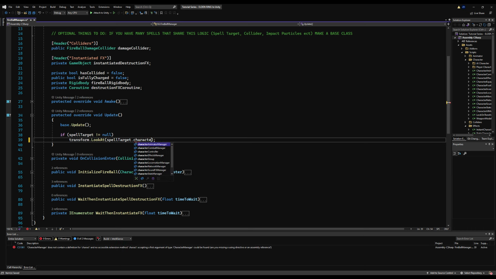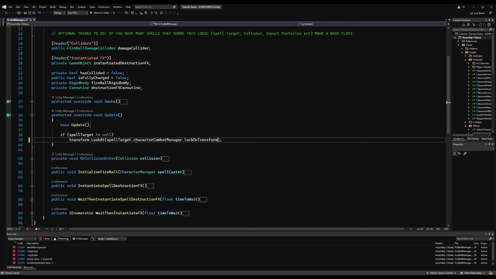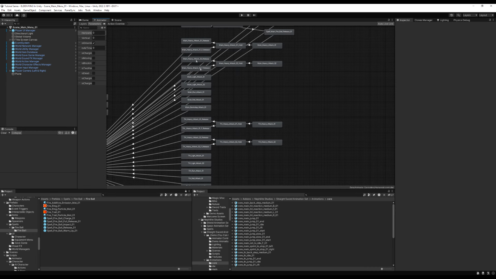Also, don't reference the spell target transform. Reference the spell target character combat manager lock-on transform opposition. This will make it go towards the center of the enemy and not their feet. Alright, cool. With that being fixed now, let's jump over to the actual video topic, which is jumping attacks, heavy